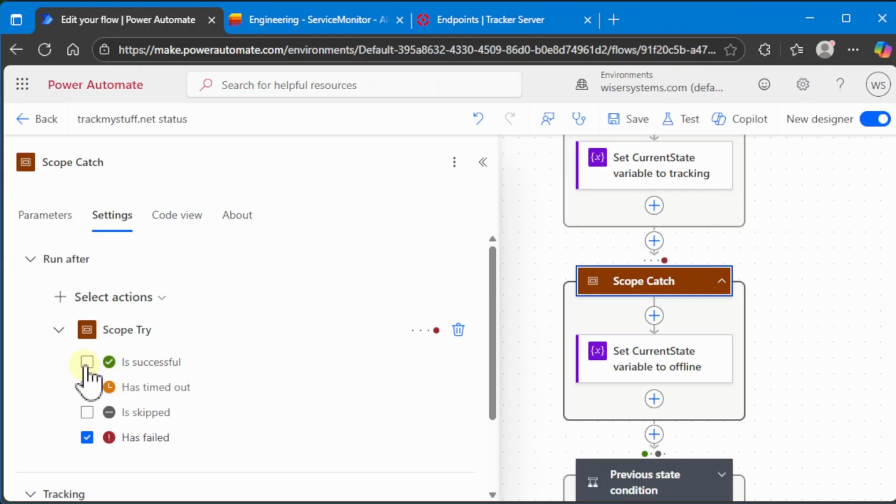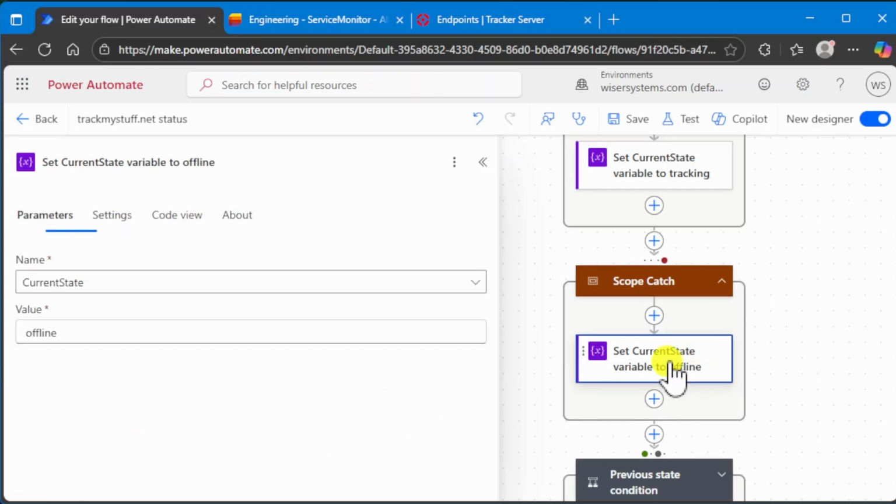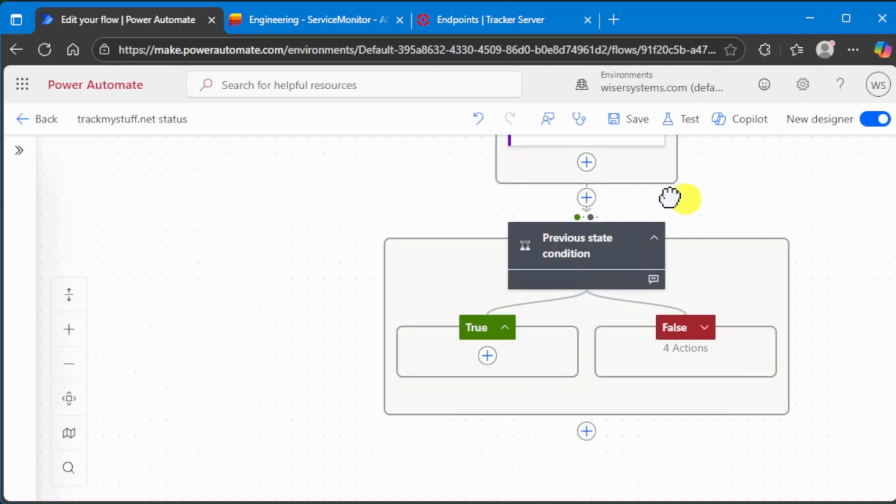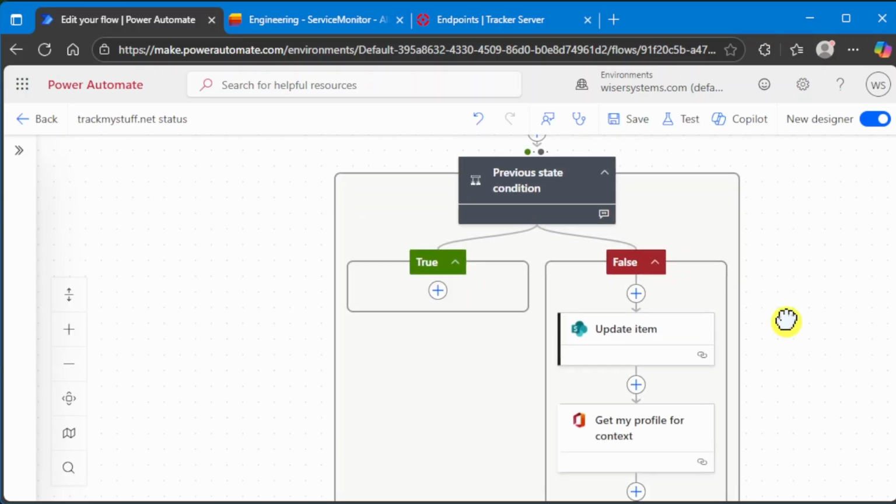normally it would run on, is the previous step successful? But here I'm going to run if the previous step has failed. And then if it has failed, I'll set that same variable to just offline. And I'll come back to explaining this condition, but